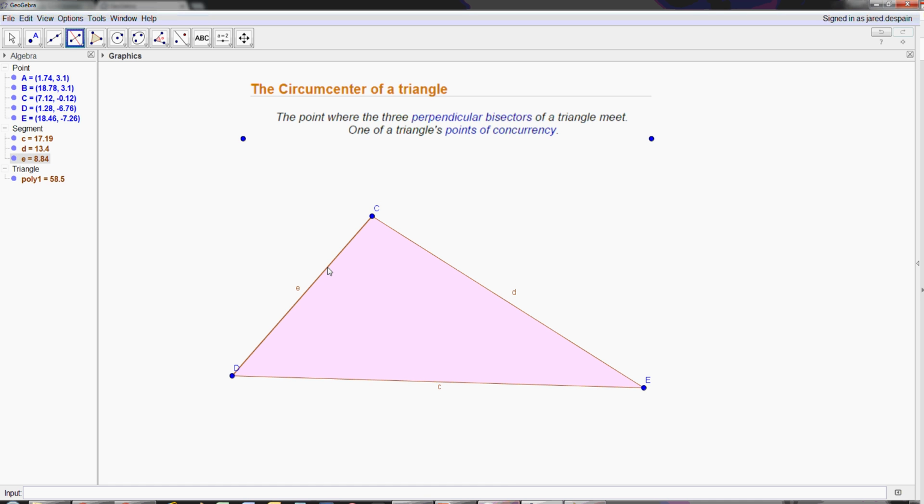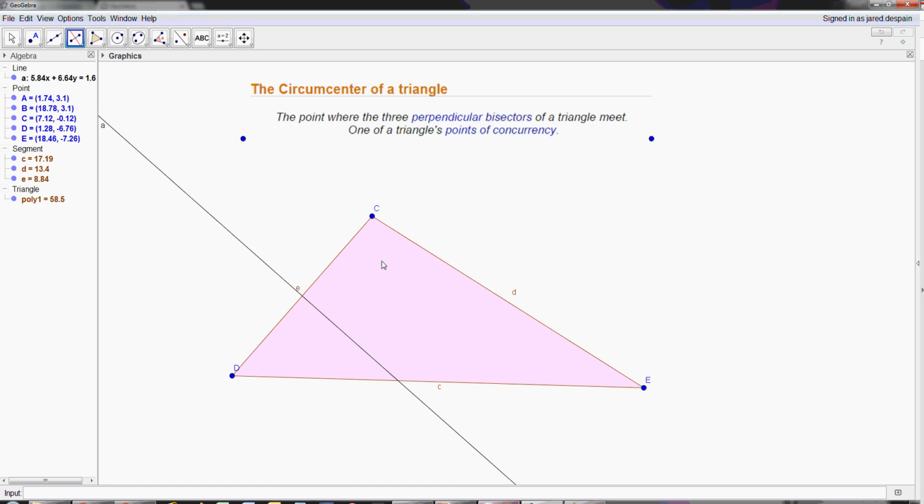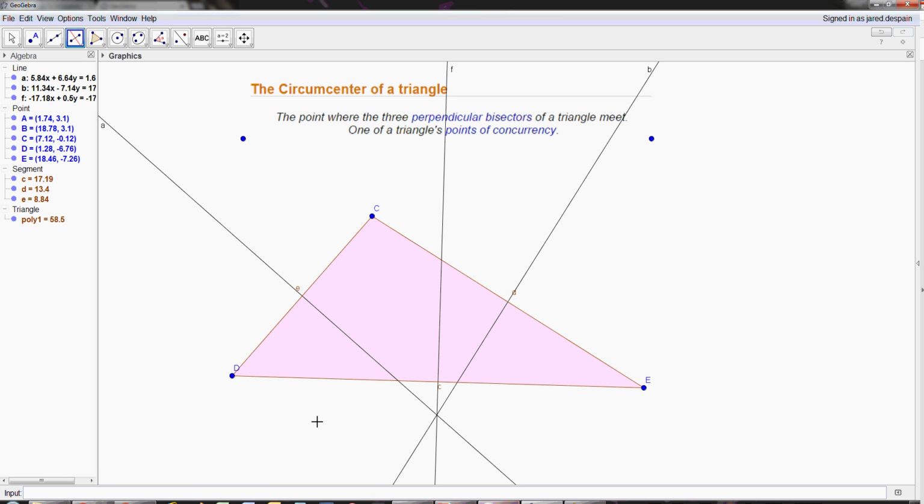If I click on one of the sides, there it is. Click on another side, there it is. Click on the other side, and there it is. And there's the point they all go through. So let's do like we did on the other ones. I'm going to get the intersection tool,